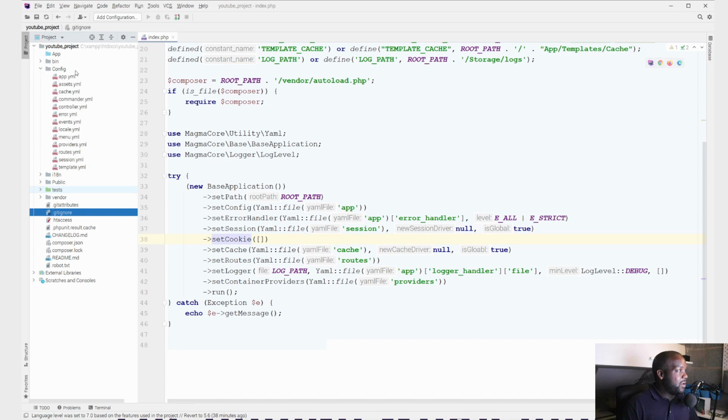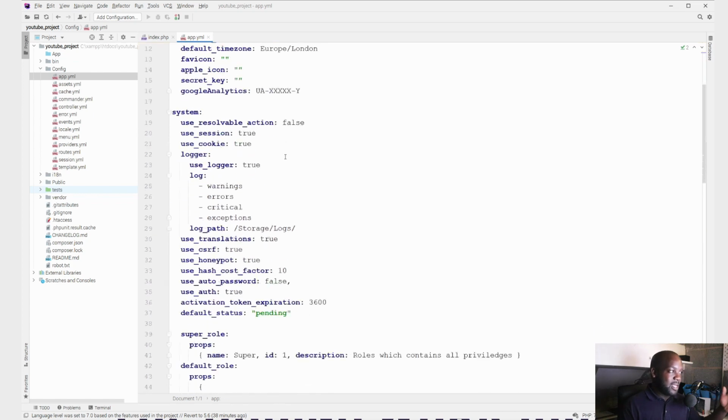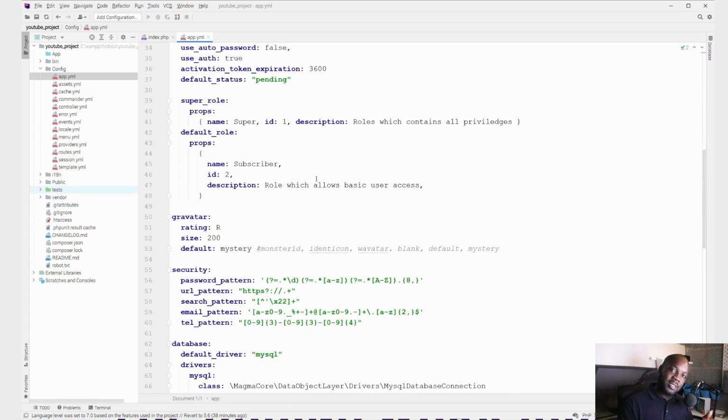Again, we got this config directory, and this contains most of the application config that the Bootstrap or index Bootstrap file was looking for, and it's going to take in some of these configurations, pass them down to other components that require some of these configurations to actually do